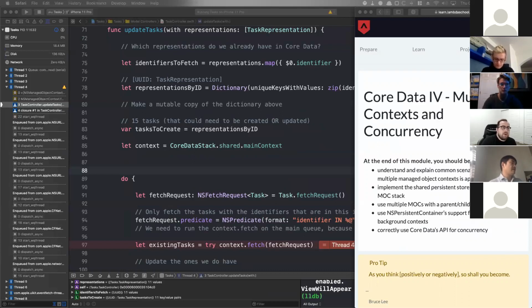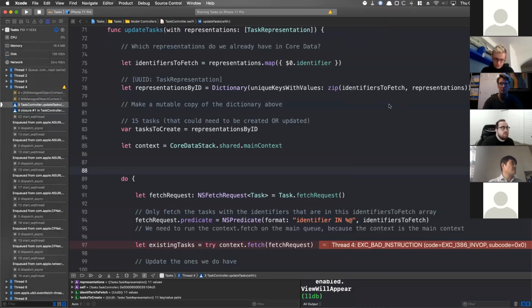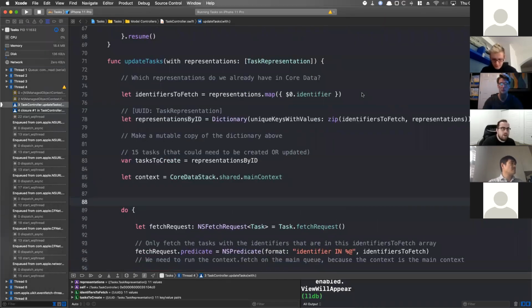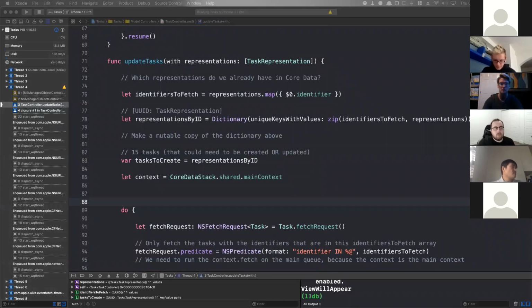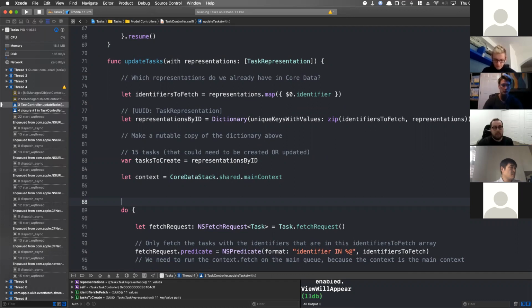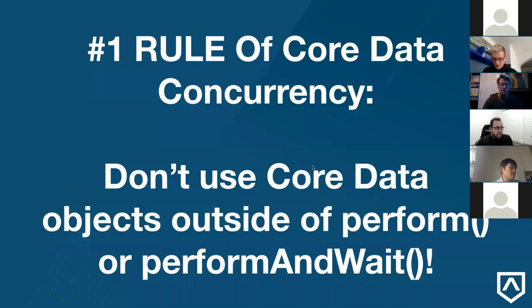So really this comes back to what we just looked at with using context, perform and wait. There's only one rule about using Core Data when you have concurrent code like we have with networking and stuff. It's really easy. Don't use Core Data objects outside of perform or perform and wait. That's pretty much it, and that'll solve all of your problems essentially, which is the good part, where you don't need to worry about too much other than,